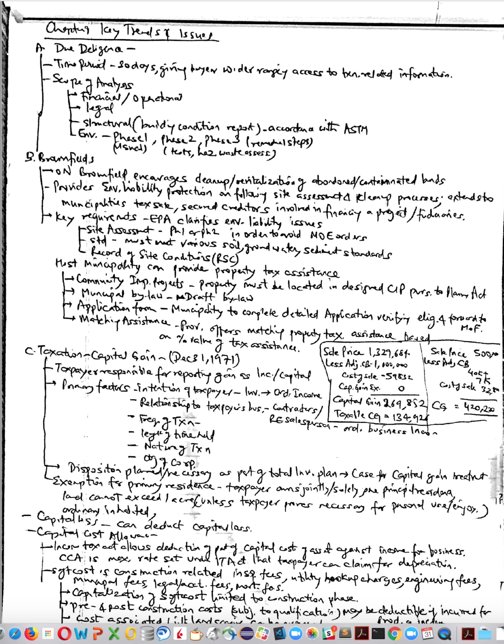This is about chapter 9, key trends and issues for the commercial. In this topic, we are going to discuss the considerations in conducting due diligence, including the scope of analysis, financial, operational, legal, structural, and environmental factors, detailed brownfield legislative requirements, including those imposed by the Environment Protection Act and the Municipal Act,